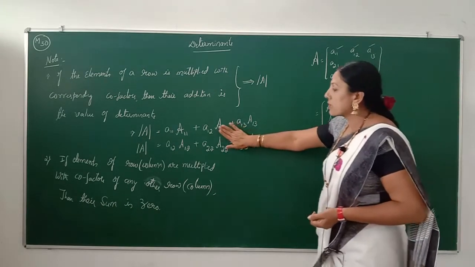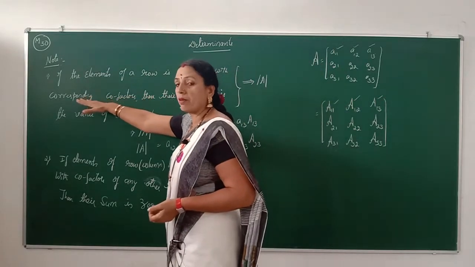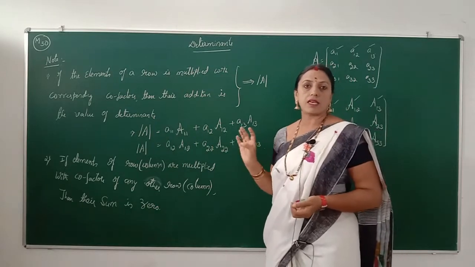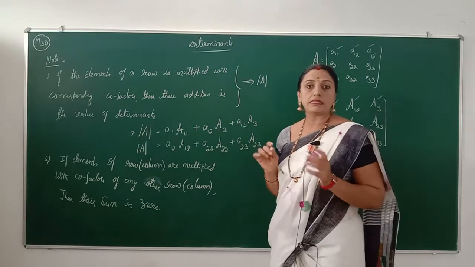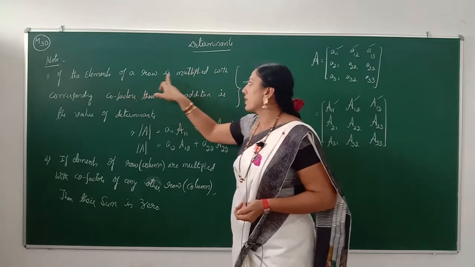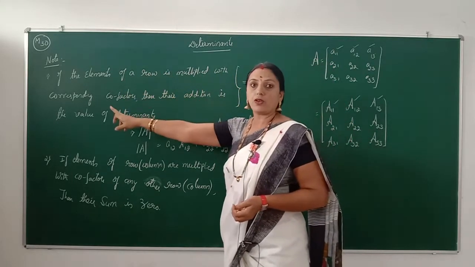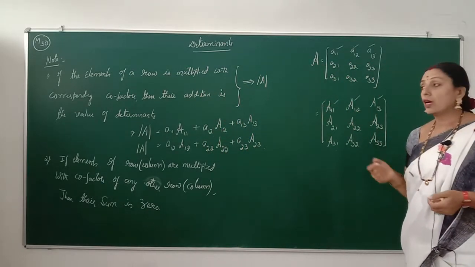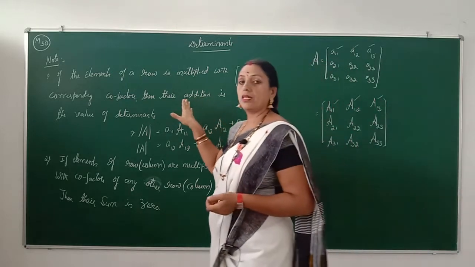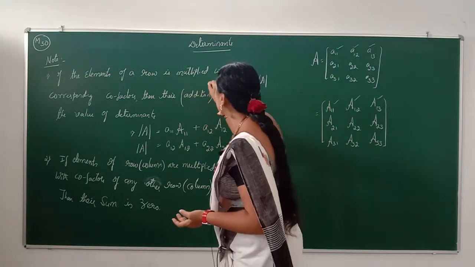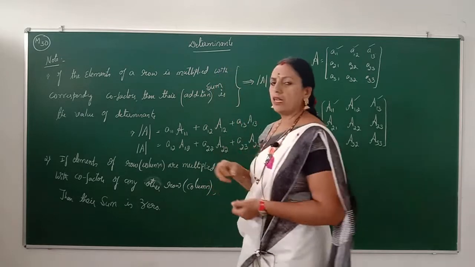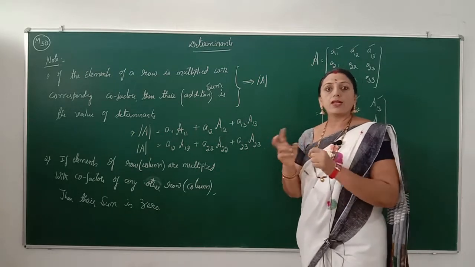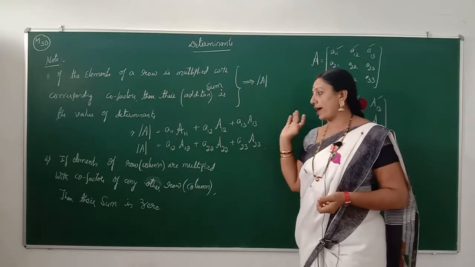So these are some conditions or points to remember about the determinant of A using its elements and the cofactors of the given determinant. Therefore, the elements of a row are multiplied with the corresponding cofactors. The elements of the first row or second row are multiplied with the corresponding cofactors, then their addition, which is nothing but the sum, is the value of the determinant. It is one of the properties to remember about the relation between elements and cofactors.